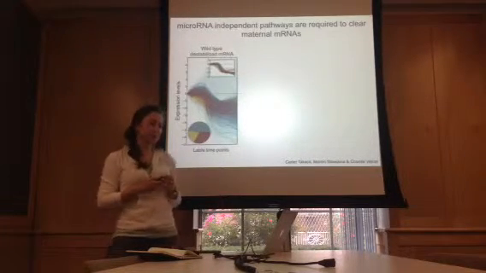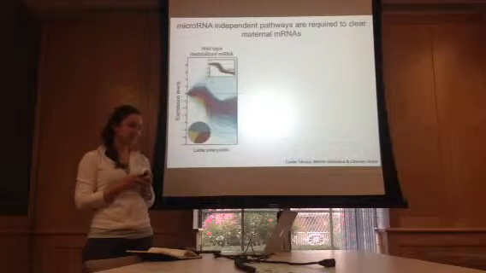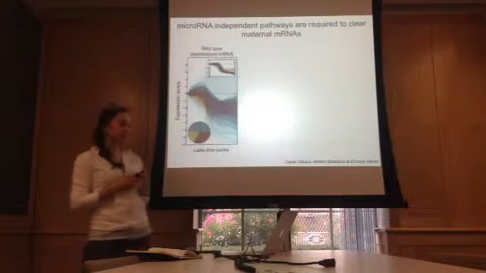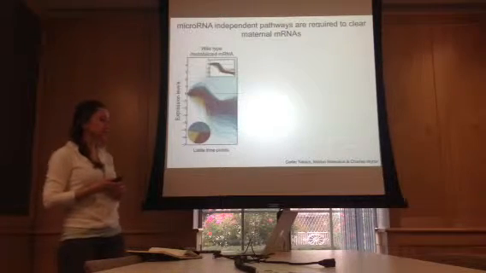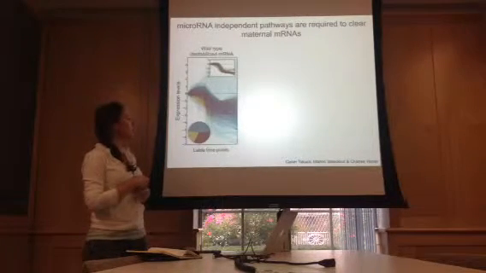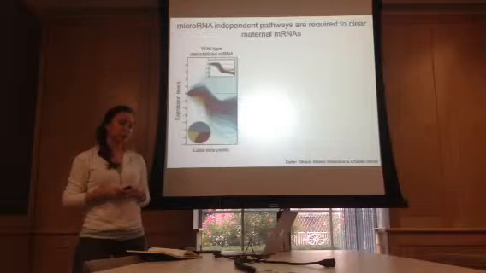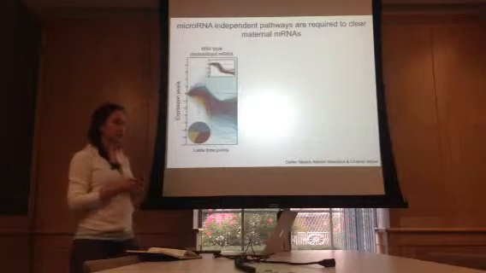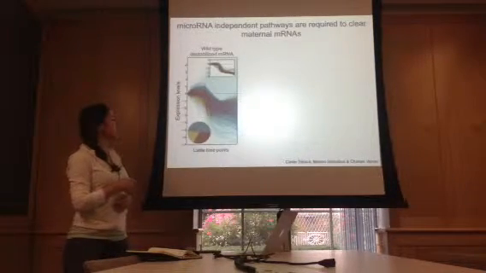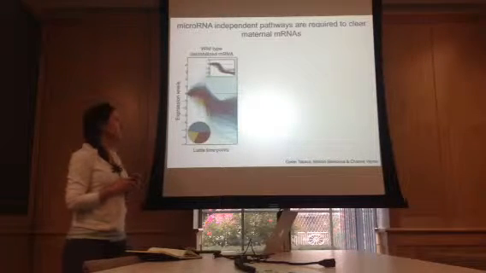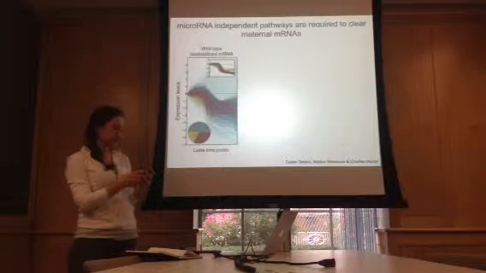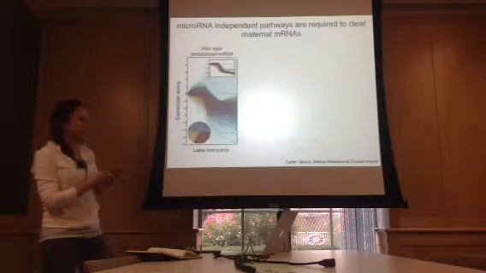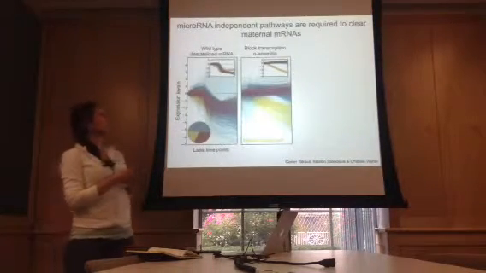Using high-throughput mRNA sequencing, we've been able to reveal 3 distinct classes of maternal mRNAs. We defined all maternal mRNAs that are destabilized during MZT. To do that, we performed mRNA sequencing at 30-minute intervals across MZT and defined all the destabilized transcripts. And what we found is that there are 3 classes.